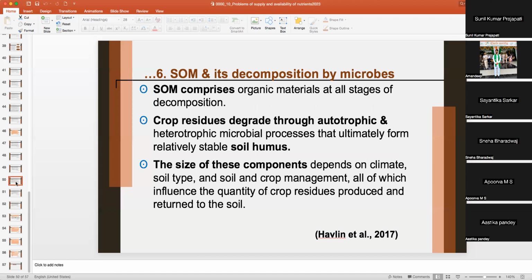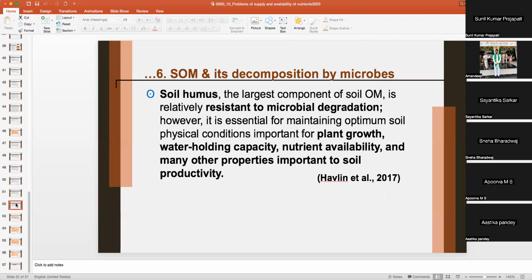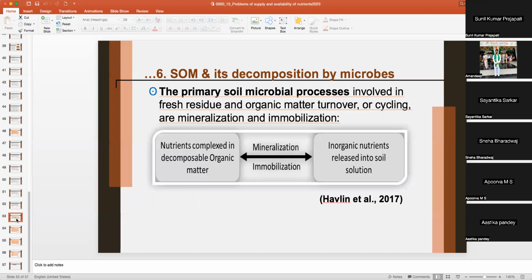Soil organic matter comprises organic material at all listed stages. You know what soil organic matter is, and the size of these components depends. So what we want to say here is that organic matter will supply nutrients to the soil. That is the main purpose of showing this. It is a factor. It resupplies the nutrients to the soil solution. That is the message here. So you can see the primary